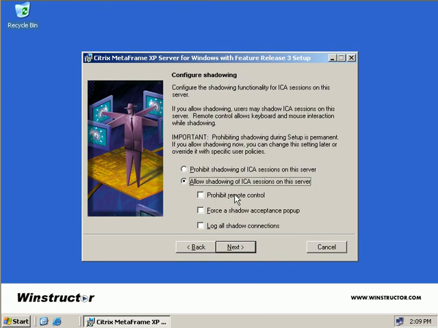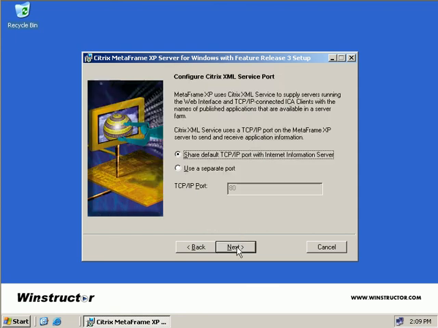We could also ask the user's permission to shadow their desktop, and we can also elect to log all of our shadowed connections to the Citrix server in the Windows event log. Now this will log all attempts to shadow a user whether they're successful or not. So we'll just leave these defaults here and then we'll click Next,